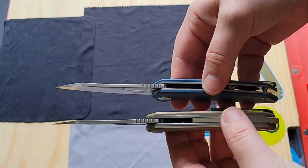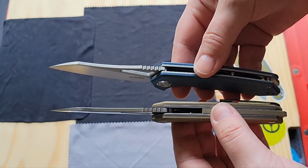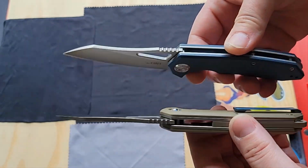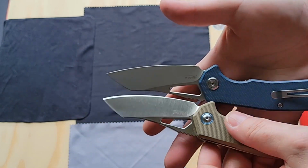You know, there's no pass-through construction to make it easy to blow it out if you wanted to get your pocket lint and stuff out of it. But, I mean, they're simple to take apart. They don't make it very complicated. They're both, of course, designed by